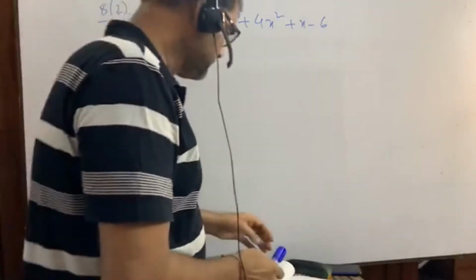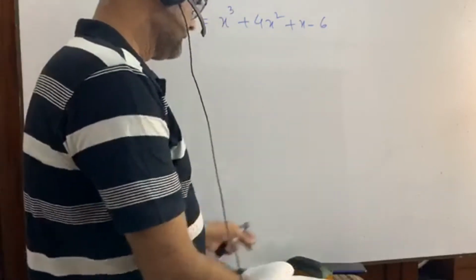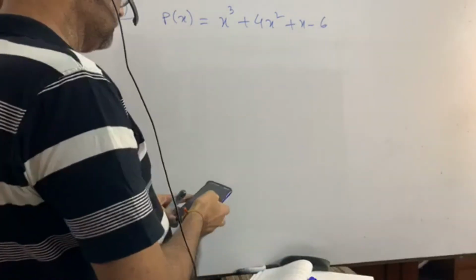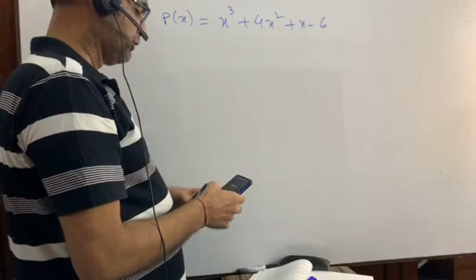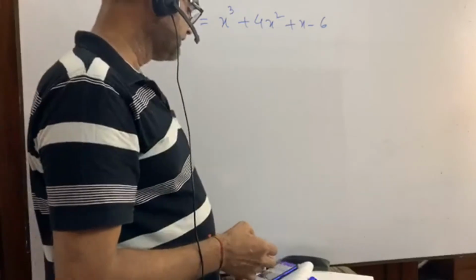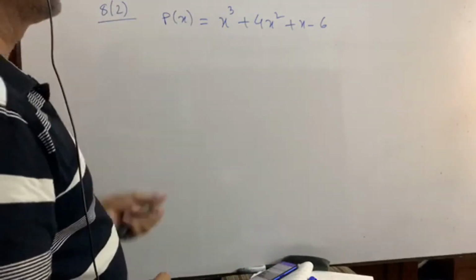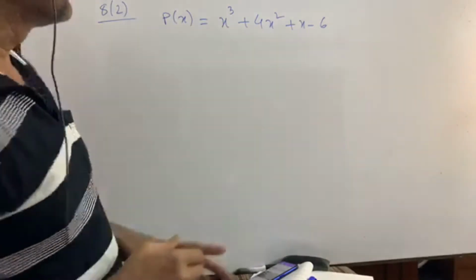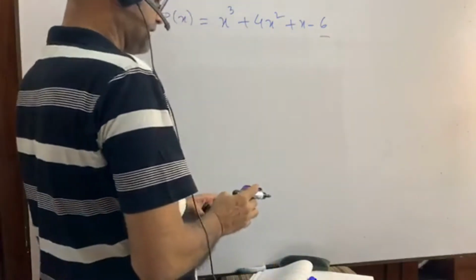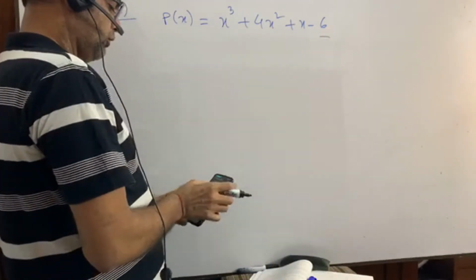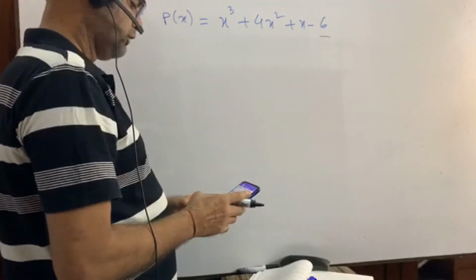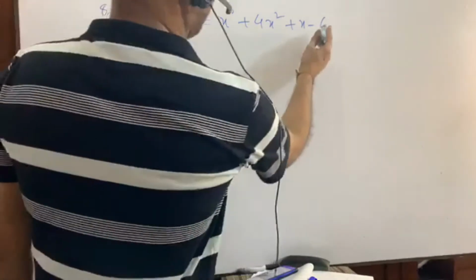Very good. Now just pay attention here. At first we have to take some value for x for which we can make the right hand side 0. Okay, my dear students, what is the rule? Actually, it is given 6 here. So what will we do? We just take the factors of 6.